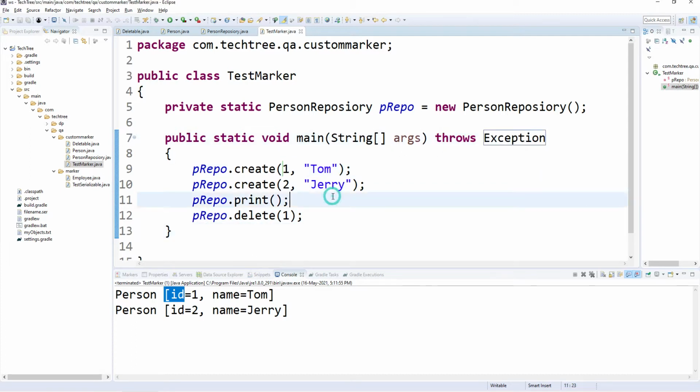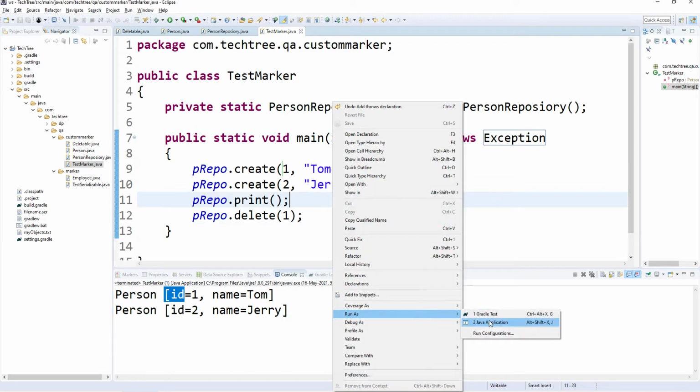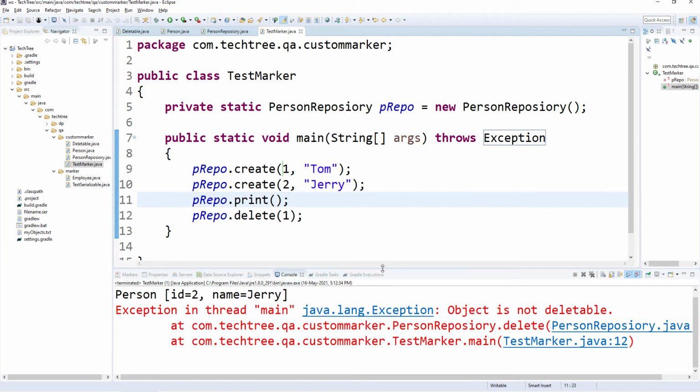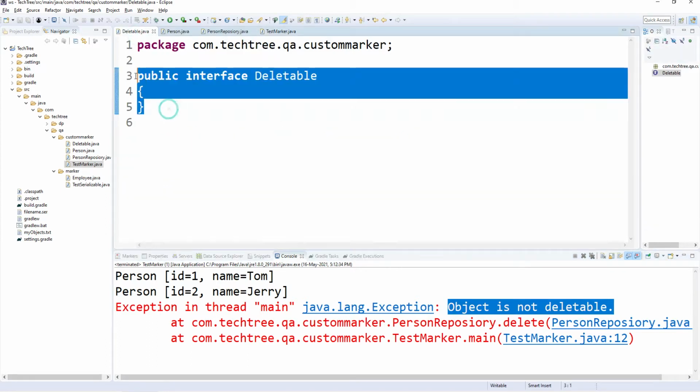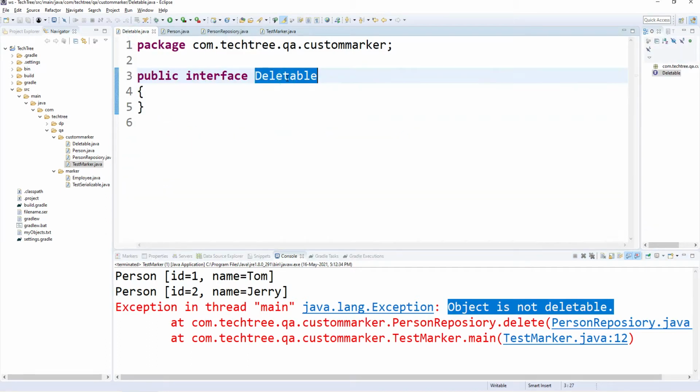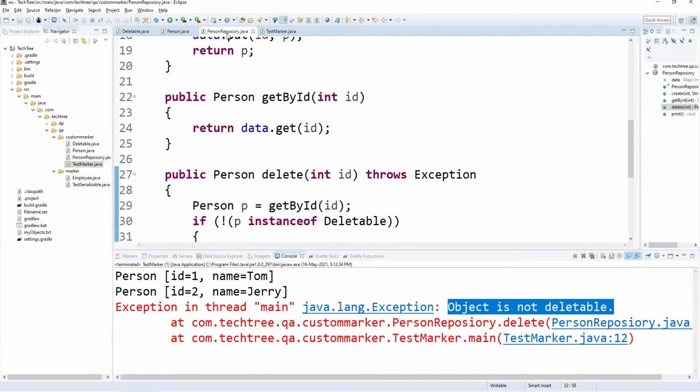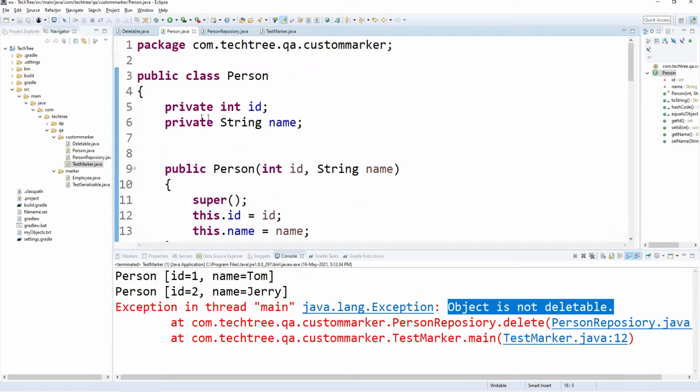Let's run this class. Here I will get an exception that the object is not deletable. We cannot delete the object because it is not marked Deletable. That is the marker interface that we have created. So we have to mark our Person as Deletable if we want to delete.